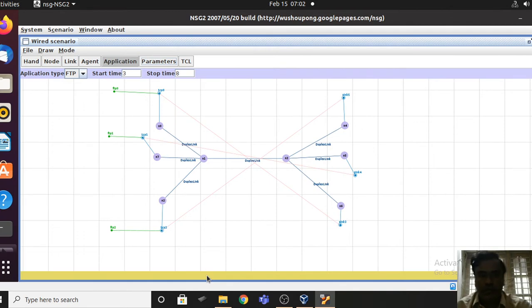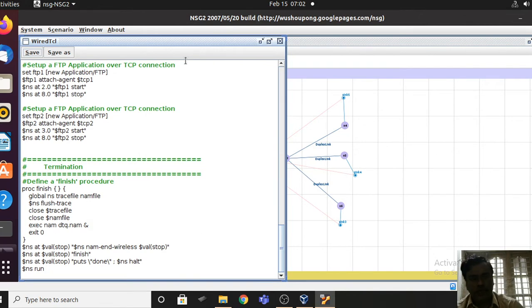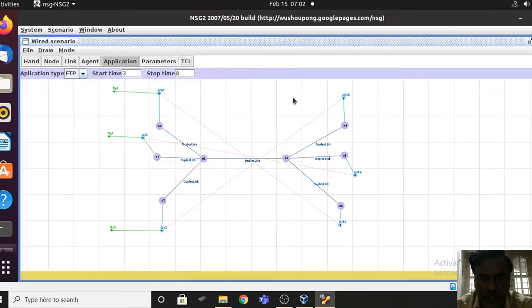So after this, you can click on this TCL. So this is a script for that. You are known that you have 3 different data transfers. So you have to add that colors. Let me take a screenshot of this, so it becomes easy for me what we have done in the creation of the network.